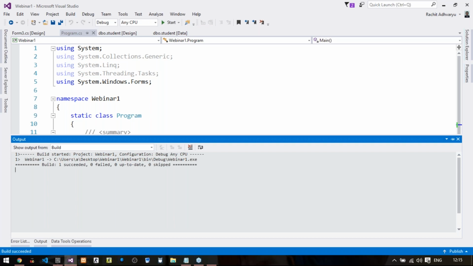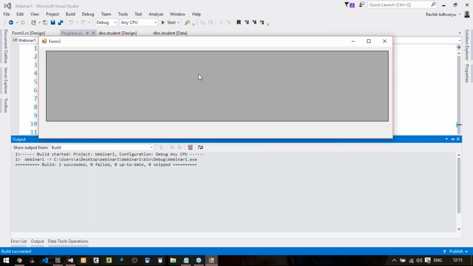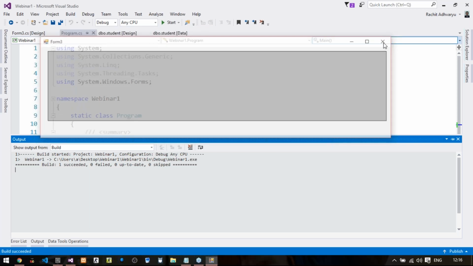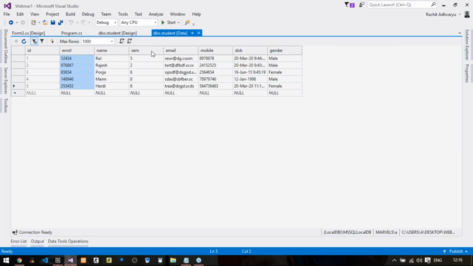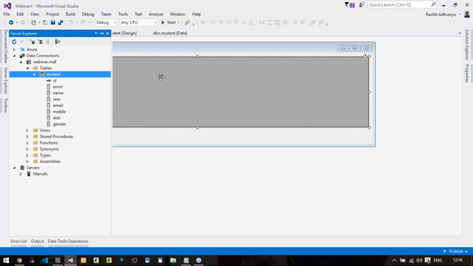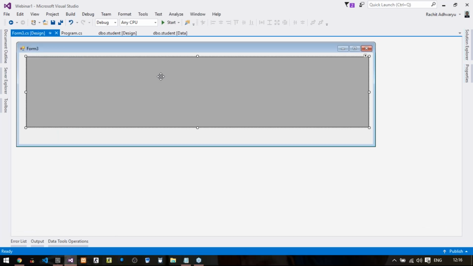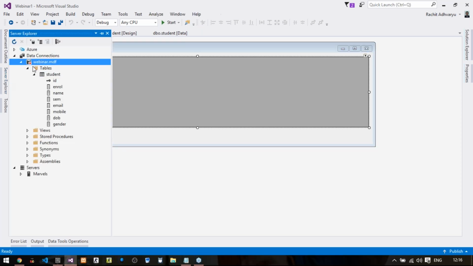See, everything is empty. In the backend, there is some table, but we are not able to see any table in the layout part or output layer, right? So now, to show the data from this particular table, we need to show this data in this particular control. So we do not write any code for this. What we'll do is just simply bind this database with this control. Again, I'm repeating, we are not going to code for this. We will bind this database and the table of this database to this particular control.